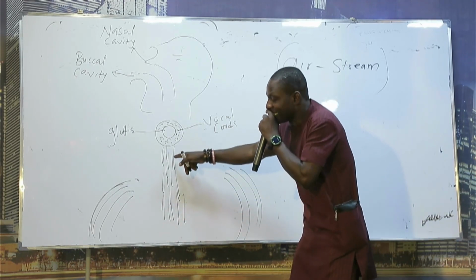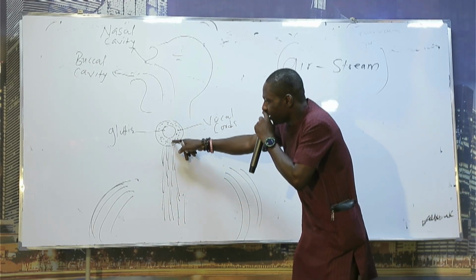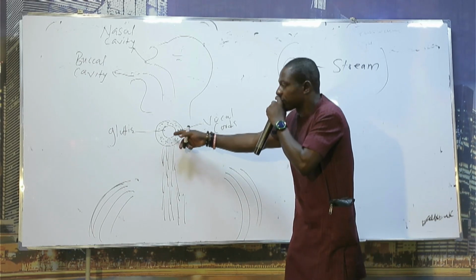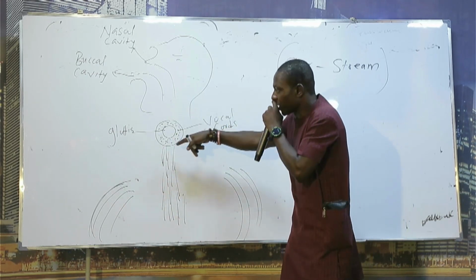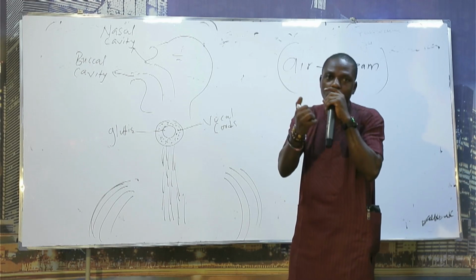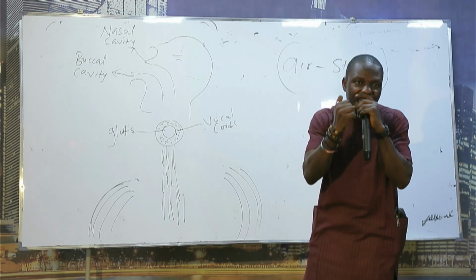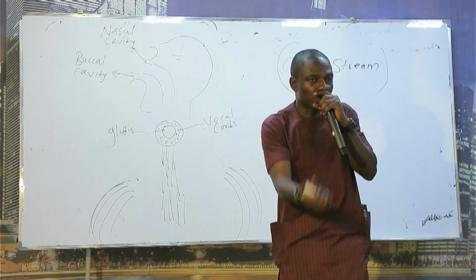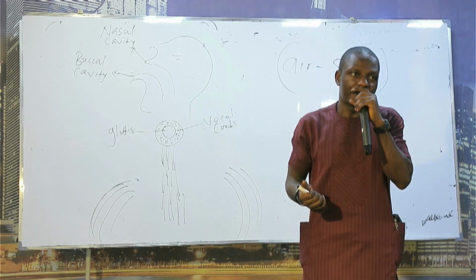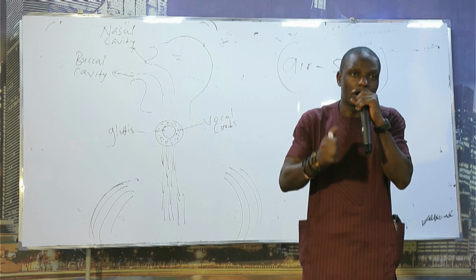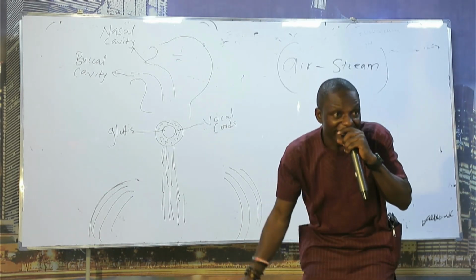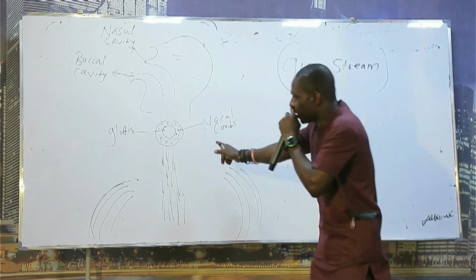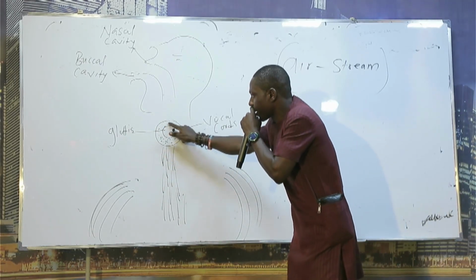So when the air is thick, it comes to this place and finds it difficult to pass through the glottis. It will make the regions of the vocal cords begin to obstruct. Obstruction means vibration, because something heavy is trying to pass through the little opening. And that is what you call obstruction. So a vowel sound was realized without obstruction here.